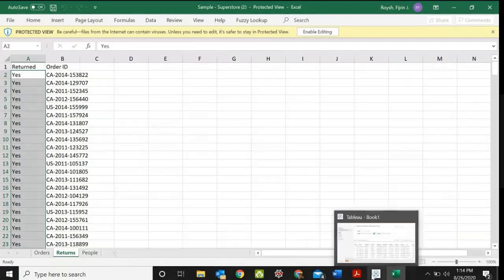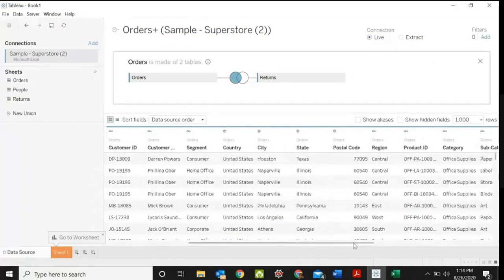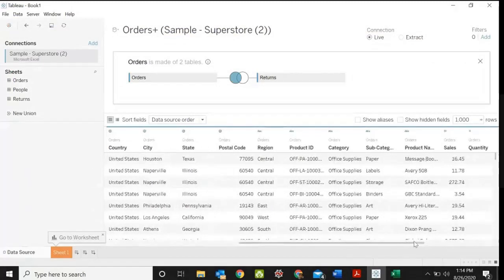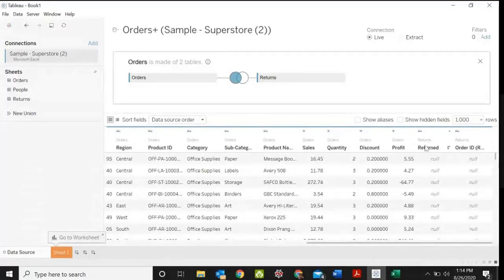If you check the joined data, here you can see this return field will have null values. Since we are performing this left join, you will be getting some null values. Left join considers all the records from the left table and common records from the right table.